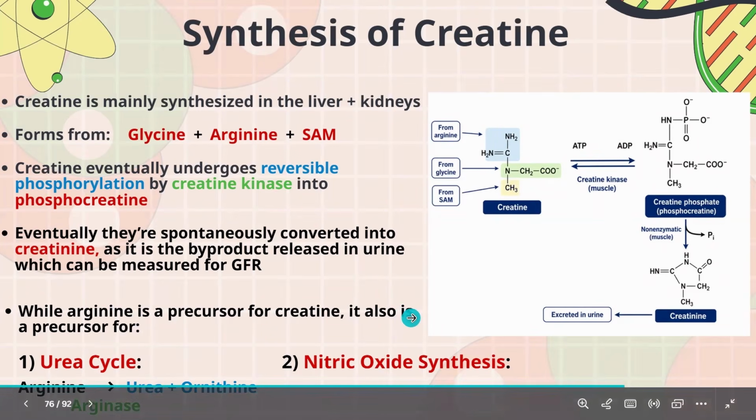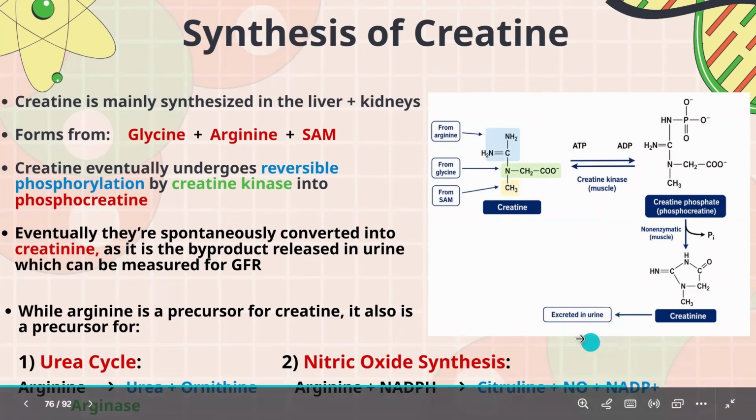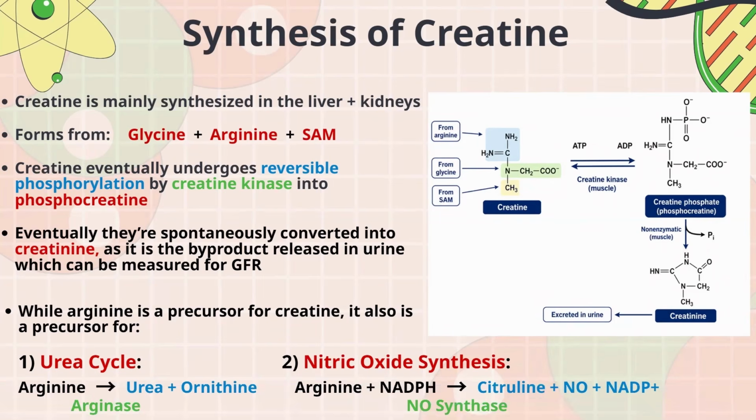And nitric oxide synthase is basically arginine plus NADPH eventually giving citrulline plus nitric oxide plus NADP plus. If you guys recognize, citrulline is also in the urea cycle, but nitric oxide is very important here because it comes from the enzyme nitric oxide synthase. The reason nitric oxide is very important is that it acts as a vasodilator. And then here's the mnemonic, GAS, just a very nice simple mnemonic for you guys.